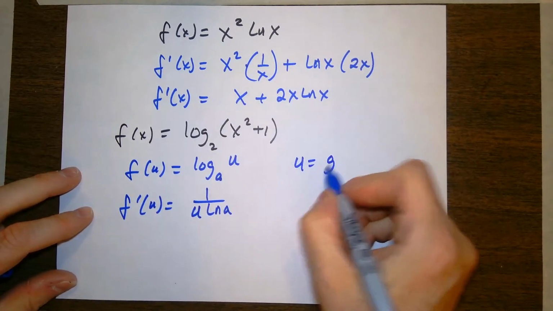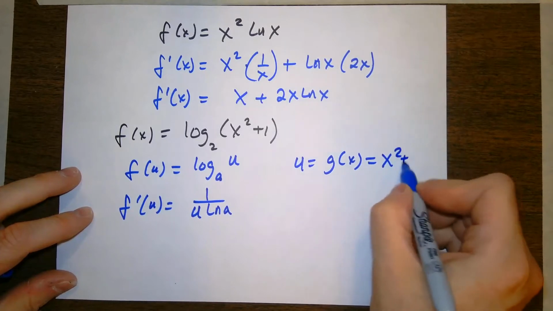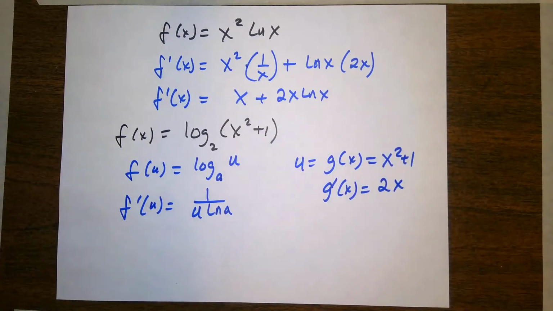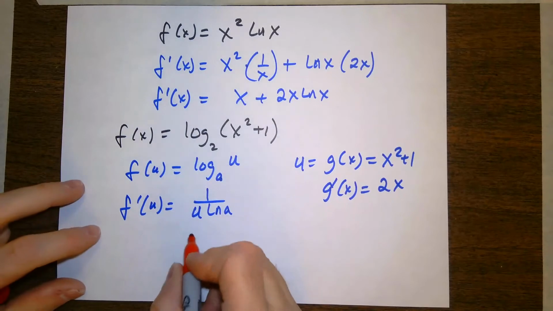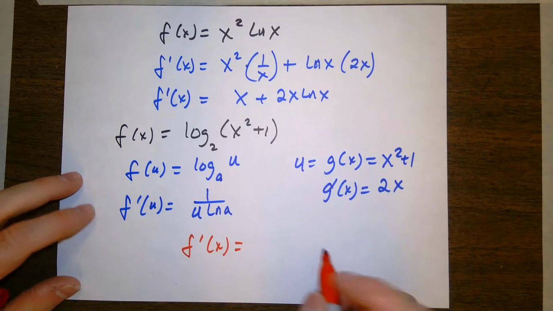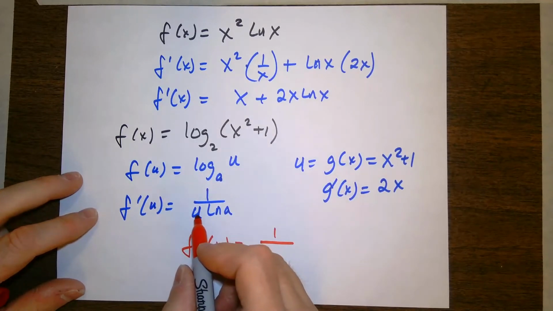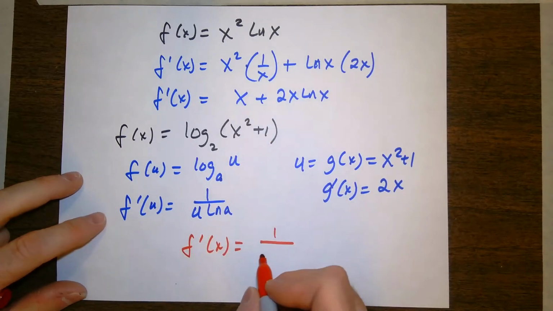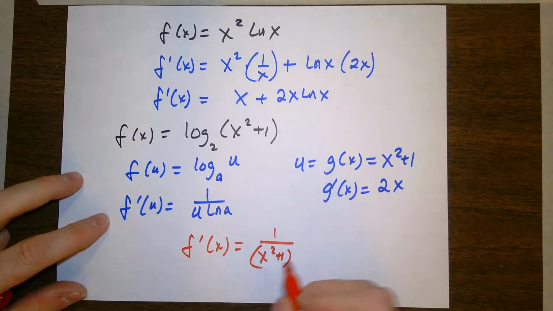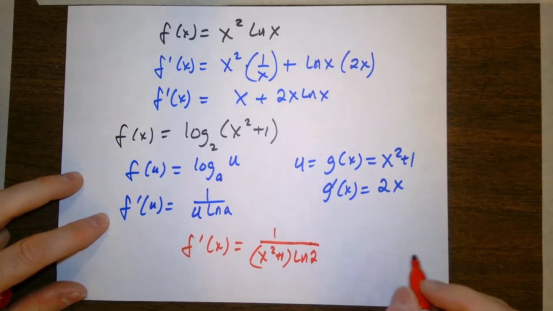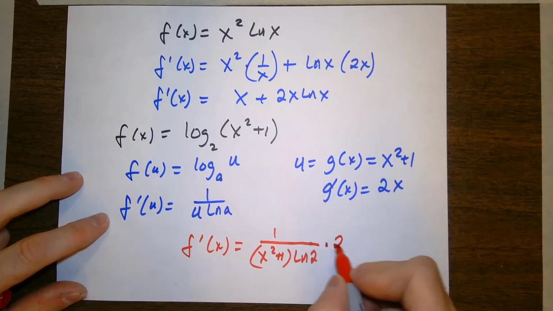My inside function, g of x, is x squared plus 1. The derivative of the inside function is 2x. All right, let's put it all together here. And the derivative of this function is going to be 1 over u, which is x squared plus 1, times the natural log of a, which is 2, natural log of 2, times the derivative of the inside bit,